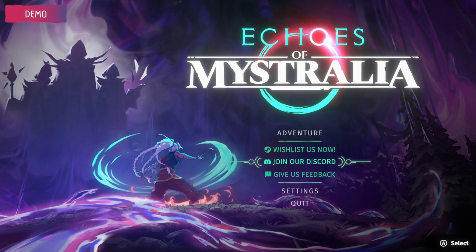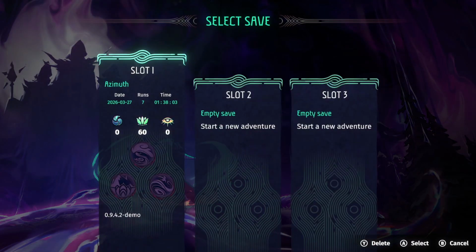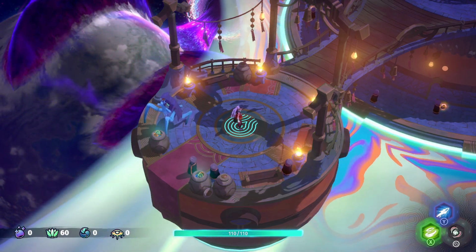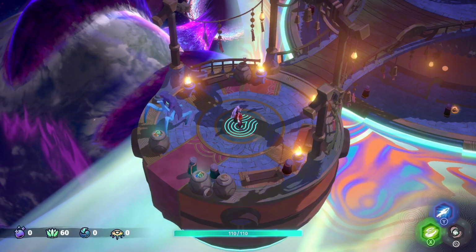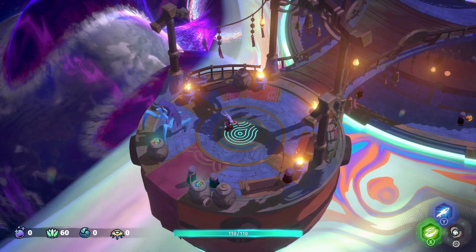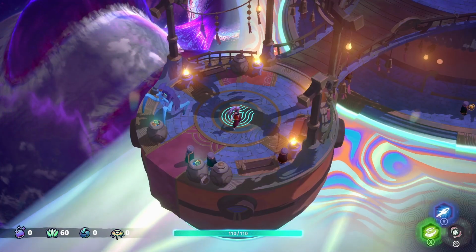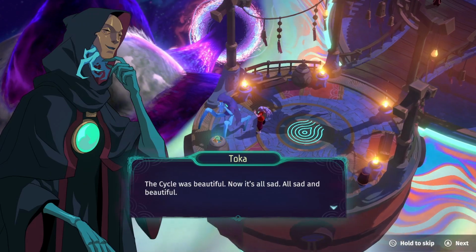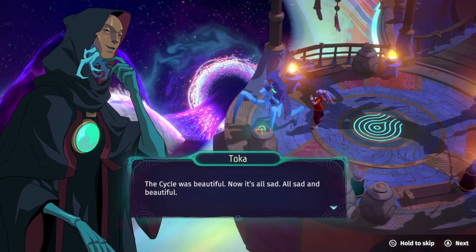So I will just show you what the game is like. It's best played on the controller, so I guess they're still trying to work out the kinks with mouse and keyboard. I've played a little bit of the demo. This is just one of my saves, and when you die and respawn, this is the first character you see, and if you talk to this person, now it's all sad